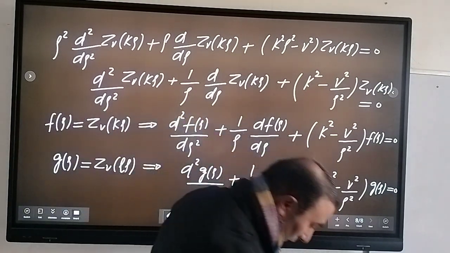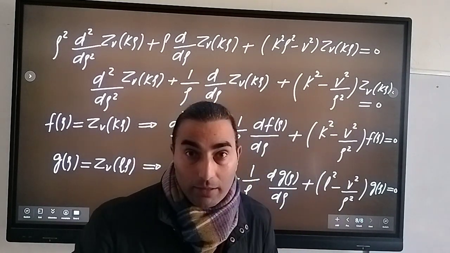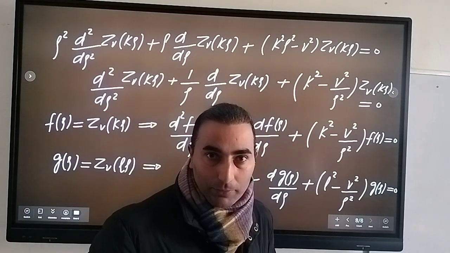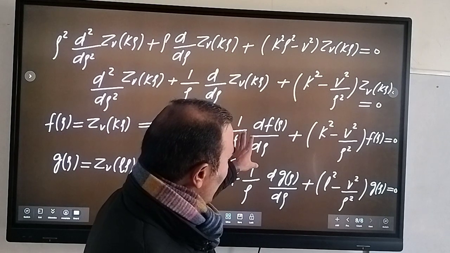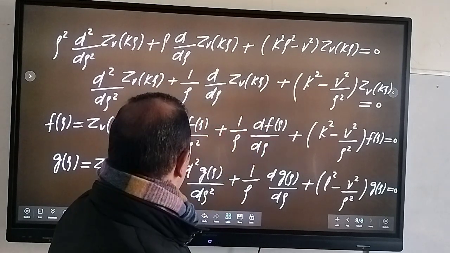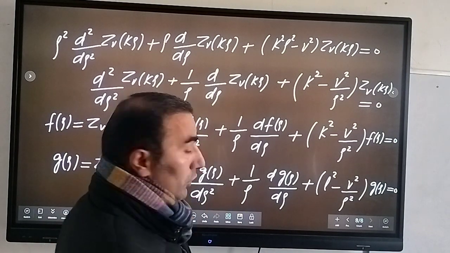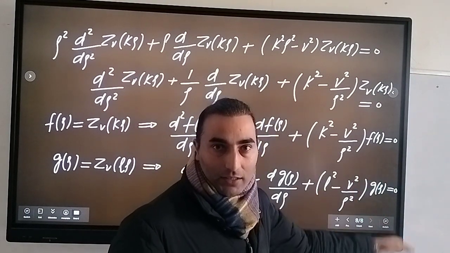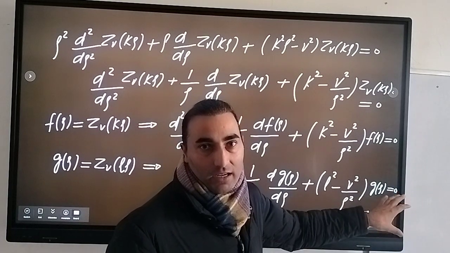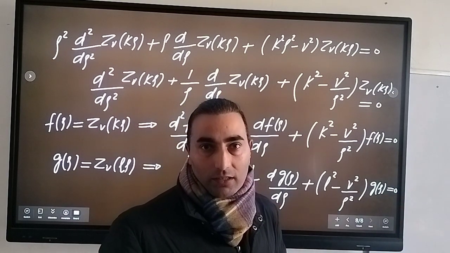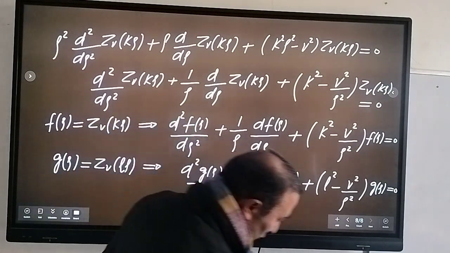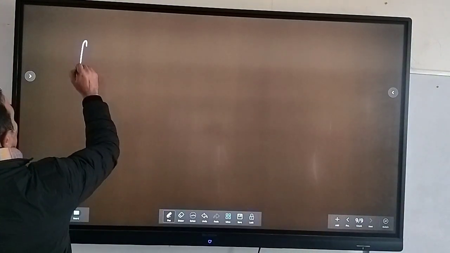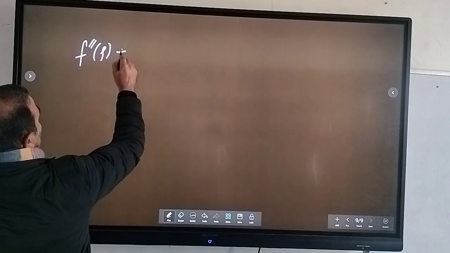Because okay, let me revise a bit. What I'm saying now is, first we chose that our function f of rho equals z of k rho, so this equation will be this, right? Now here we basically choose that when our x equals k rho, here k square will come, but when our x equals L rho, here L square will come, right? So this is again that we have two functions, f and g, which satisfy our Bessel differential equation. Okay. So let me revise this. So that means this can be f double dash. So I can write that f double dash rho plus